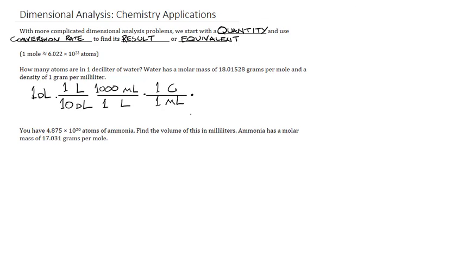And now that I have my grams, I can do my conversion. I'm just going to take 18.01528 grams and replace those with a mole. But again, despite the large numbers at play, the reason why moles are so nice is because they give us a set number of atoms. That number is called Avogadro's number, and what it says is that every mole is 6.022 times 10 to the 23rd power of atoms.